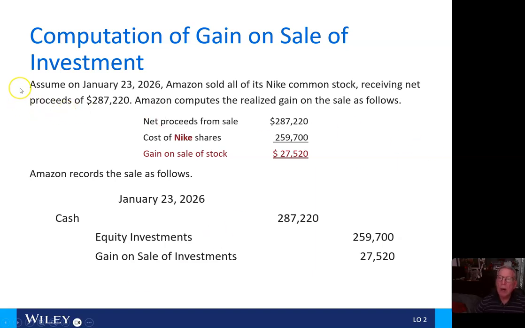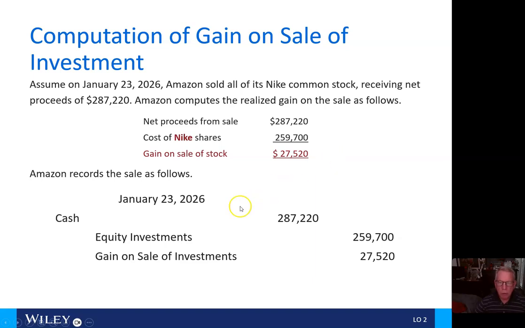So now assume that on January 23rd, 2026, Amazon sold all of its Nike common stock, receiving net proceeds of $287,220,000. They compute the unrealized gain on the sale. Here's what they received. And the cost was $259,700,000. So the gain was